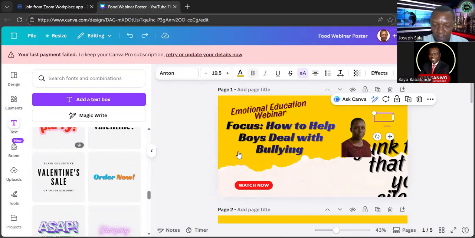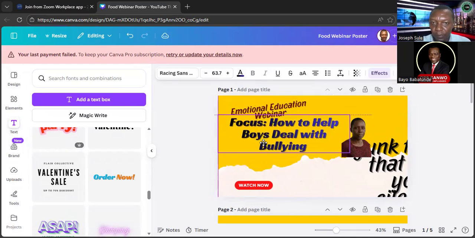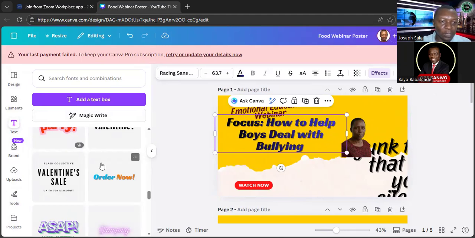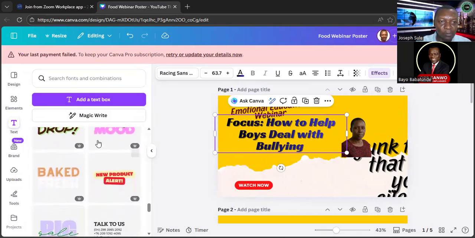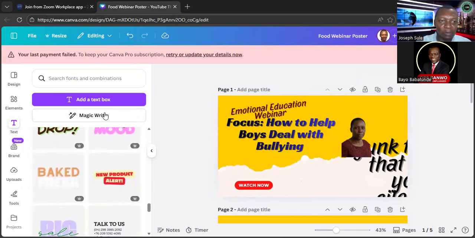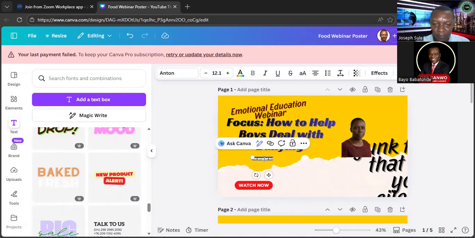Okay. So next thing is the date for the webinar. And for the date, I can go again and select another font style, or I can simply make it plain. If I want to make it plain, all I have to do is just get this, add a text box, and it comes here. And I just put the date. See it here, this small one that is saying put your paragraph there. And I just say